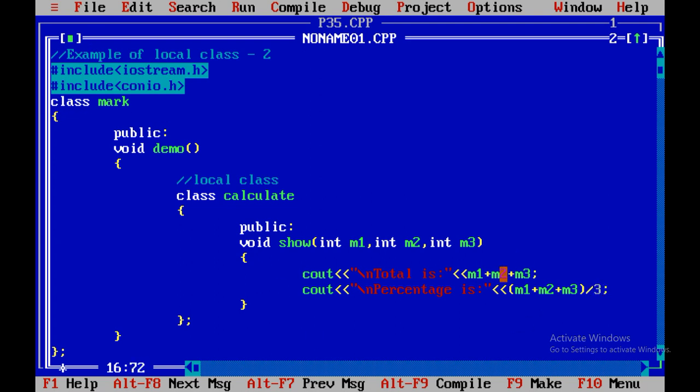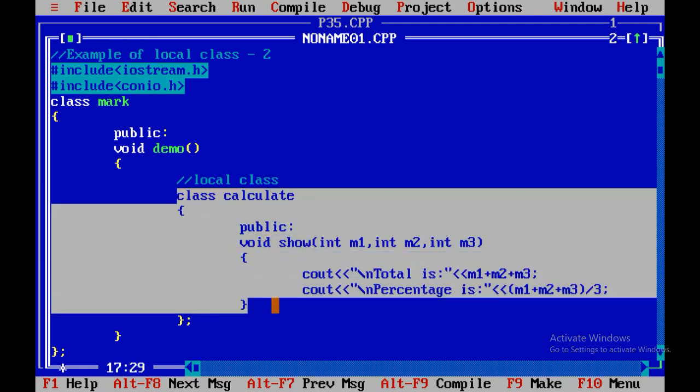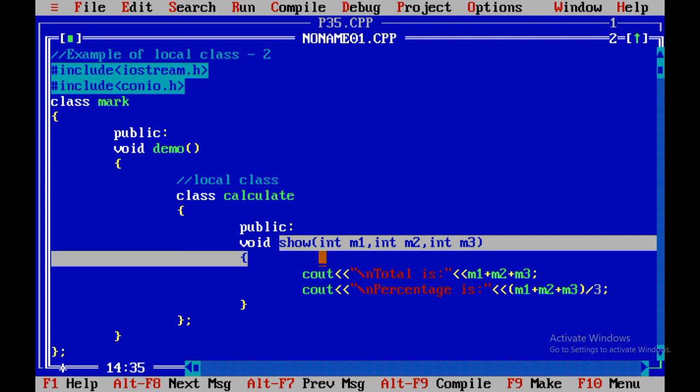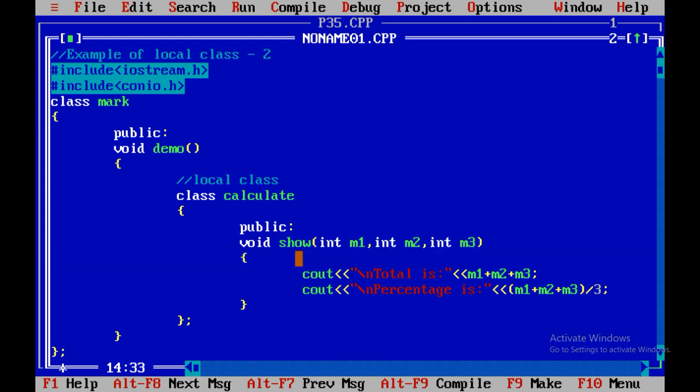And one more thing I want to specify is, if you want to take two variables for calculating total and percentage, then within the calculate class you can define two variables called total and percentage, and in the show method you can apply the formula that total equals m1 plus m2 plus m3, and you can print total over here, and percentage equals m1 plus m2 plus m3 divided by 3.